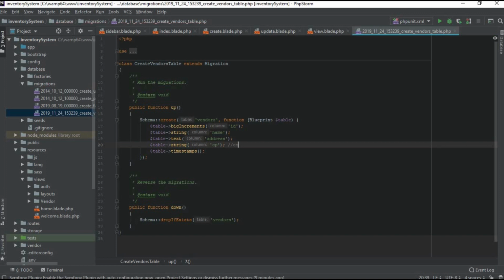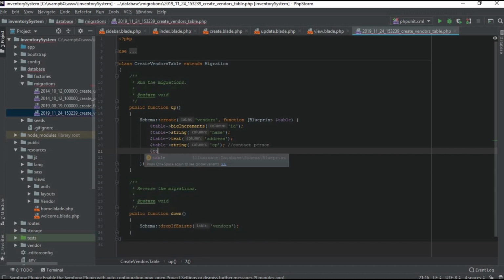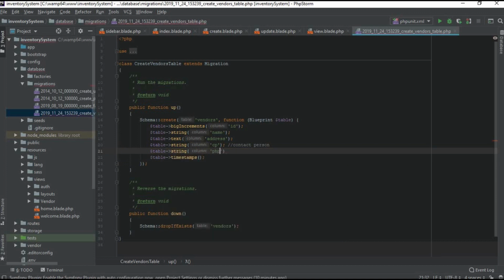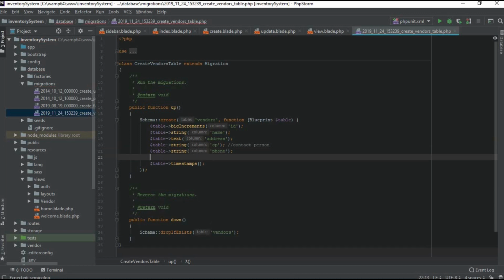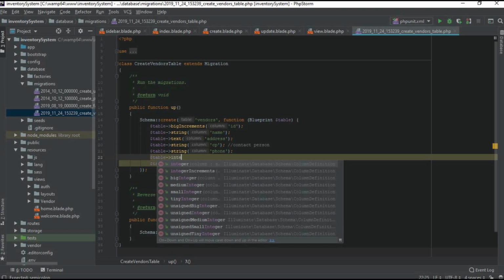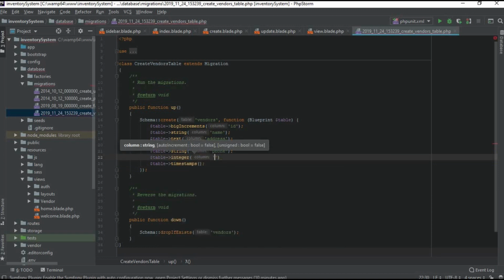Okay, let's write here contact person, and inside the table string phone number, phone number, table integer. Let's write active, where